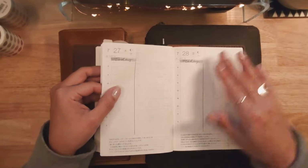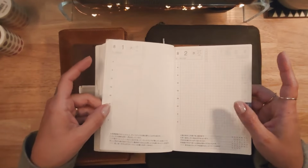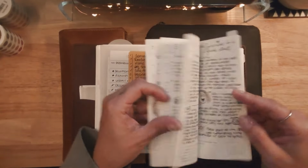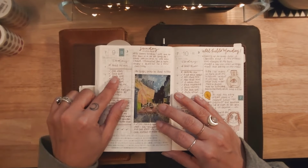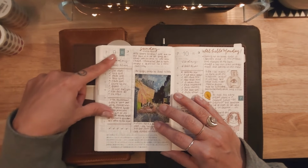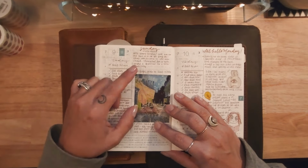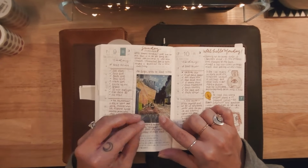information. But for the month of August, I want to include a little bit more resources information in here, sort of like what I did in here at some point. In this case, this day I have a little bit of everything in here. I had the to-dos for today, and I had a quote that I wanted to remember, and then I did some research on a Van Gogh painting, and I found this painting interesting, so I wanted to write a little bit